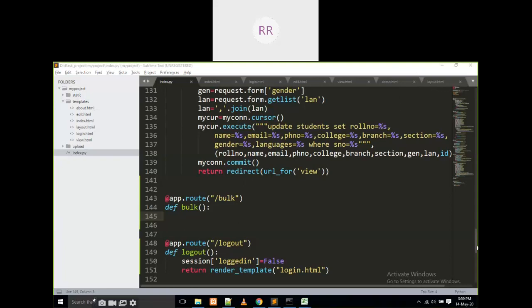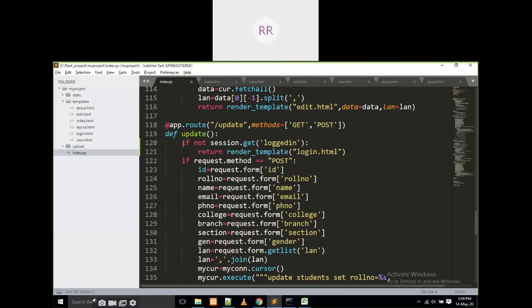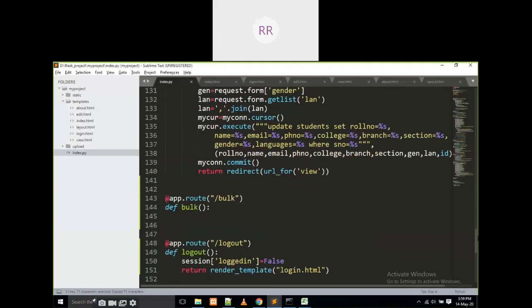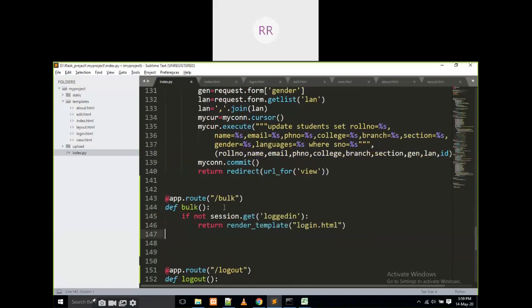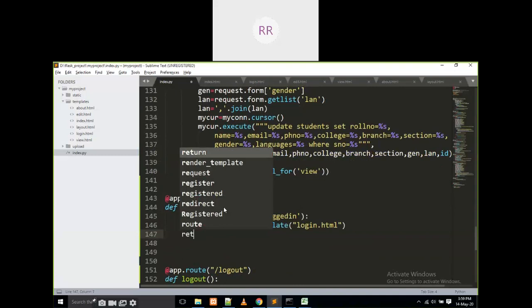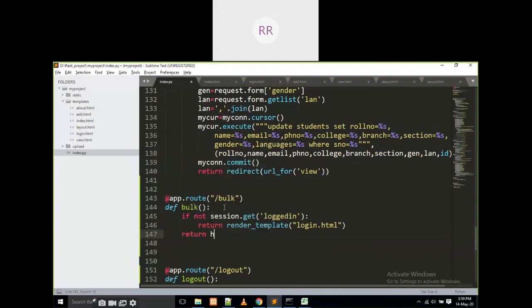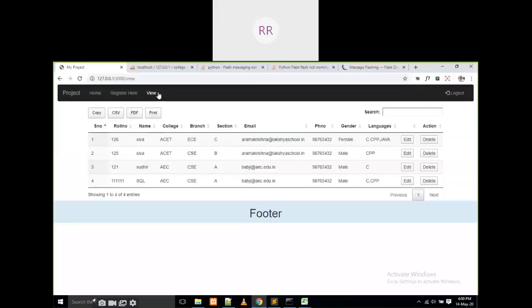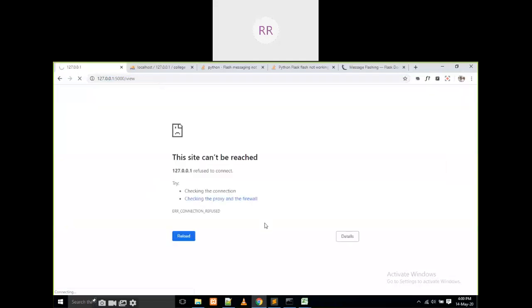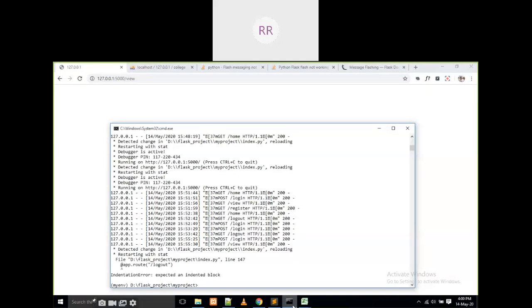First of all, I have to write whether the session is created or not. I'm going to check if the session is not created. If the session is created, I am going to return some hi like this. Hi. I'm not writing anything, I'm just going to print hi like that. It is going to refresh it, I think.